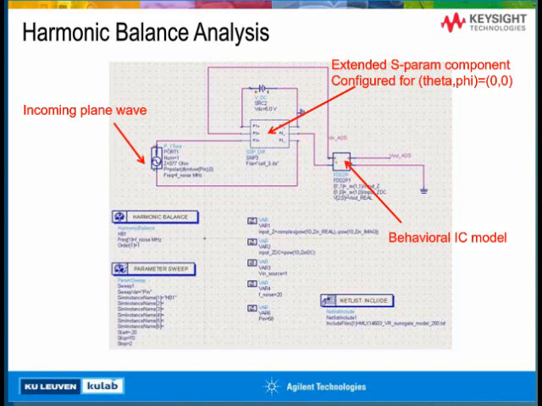And then we changed the magnitude of the incoming plane wave, we changed its frequency, and looked at the behavior of the output voltage of the IC. There's one extra difficulty here: the integrated circuit is a nonlinear circuit. So for the solver in the ADS schematic, we used harmonic balance to cope with this nonlinear behavior.